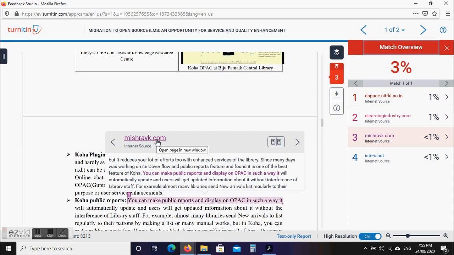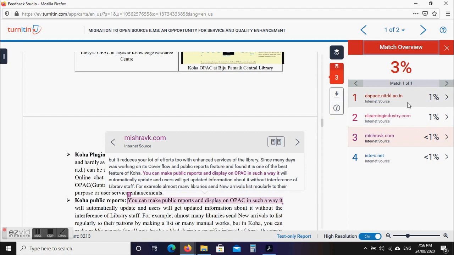And sometimes what happens, students feel that it is showing 100%. For example, suppose instead of 1% it is showing 100%. As I told earlier, if you have earlier deposited the article in Turnitin and one copy has been saved, then it will show you 100%. So you need not panic about this. You can simply click that one. If it is showing 100% instead of 1%, and you are very sure that it is your earlier submitted article, you just click that one and you can remove that, as in earlier examples I have shown you.